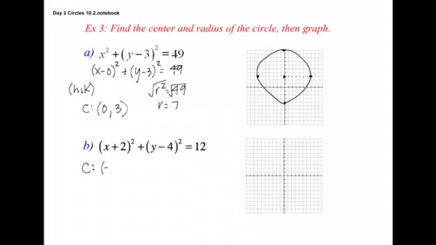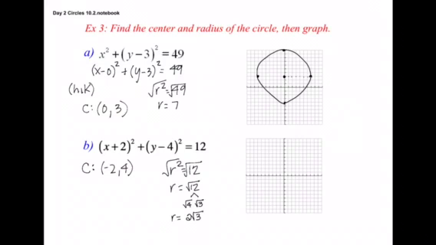Example B says (x plus 2) squared plus (y minus 4) squared. So our center is at -2, positive 4. If we set r squared equal to 12, take the square root, so we have r equals the square root of 12. When we simplify the square root of 12, we get the square root of 4 times the square root of 3, which is 2 square roots of 3